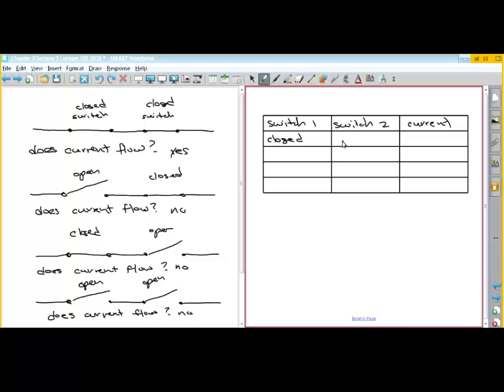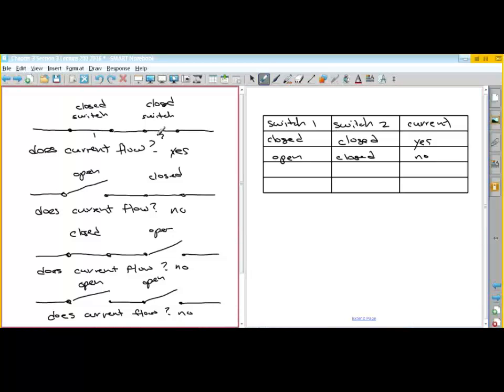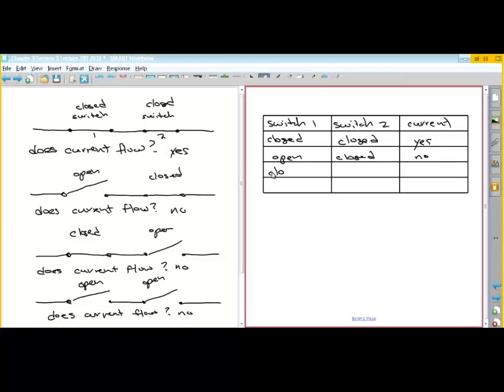So the first case, closed, closed, current flow, yes. The second one is open, closed, current flow, no. This is 1 and this is 2, from left to right. So this one, switch 1 is open, switch 2 is closed. Does the current flow? No. This third one is switch 1 is closed, switch 2 is open. Does current flow? No. And finally, if they're both open,